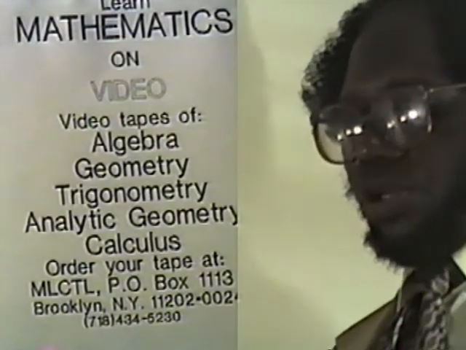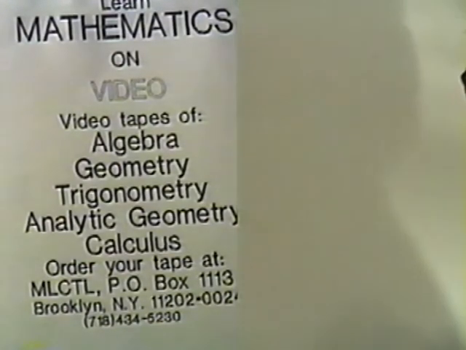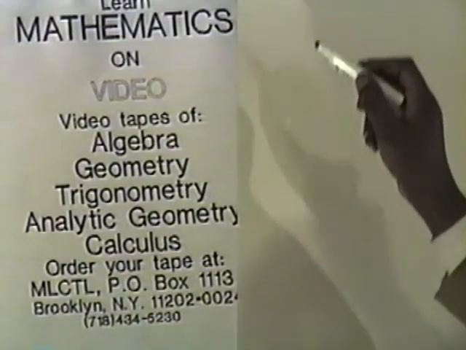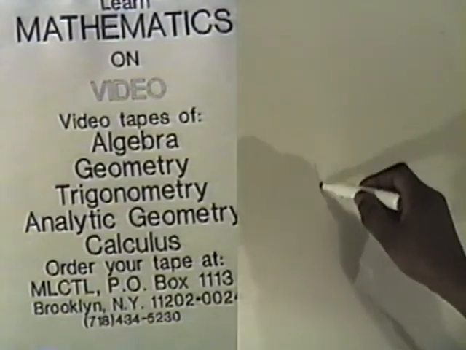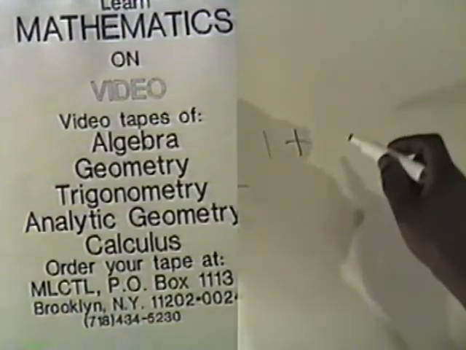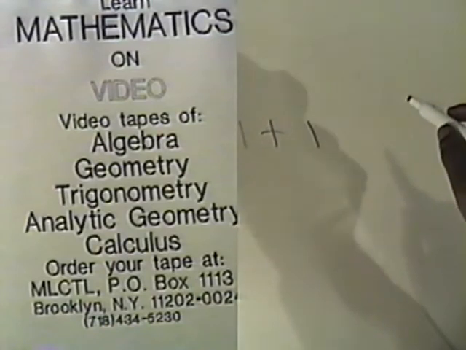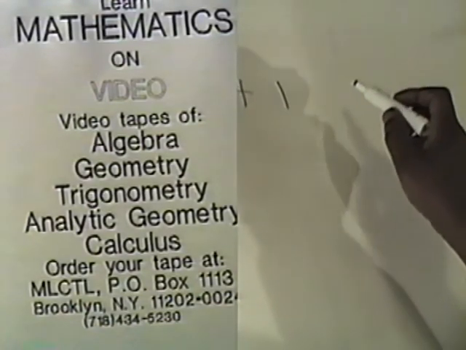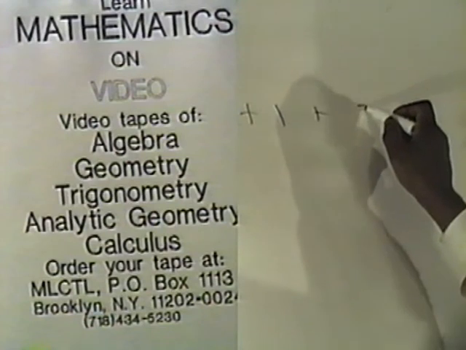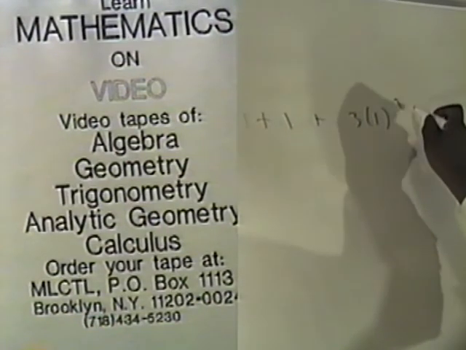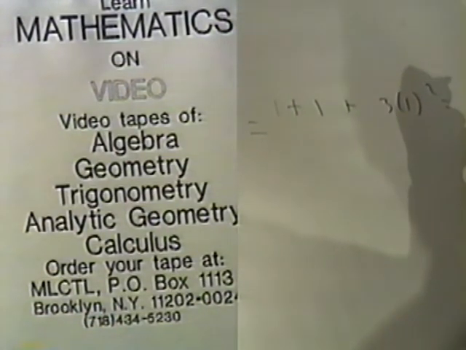That was equal to 1 plus 1 plus 3 times 1 squared, which is equal to